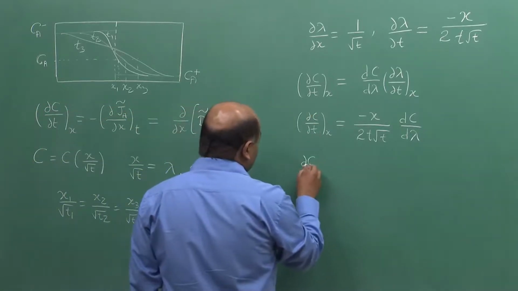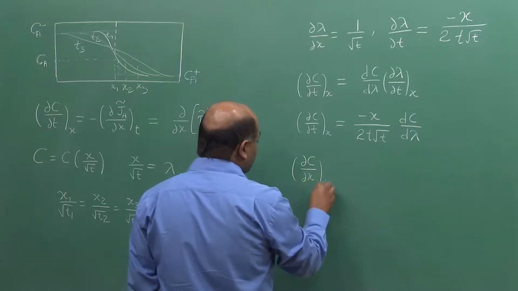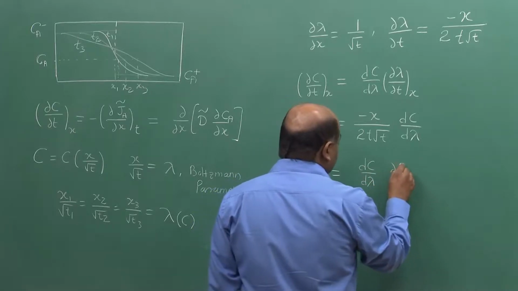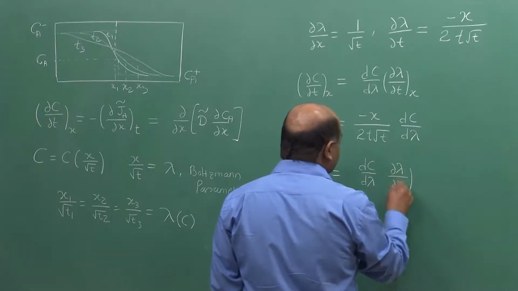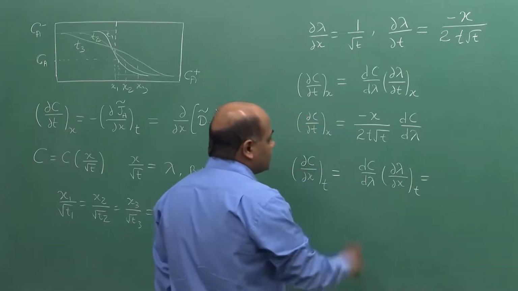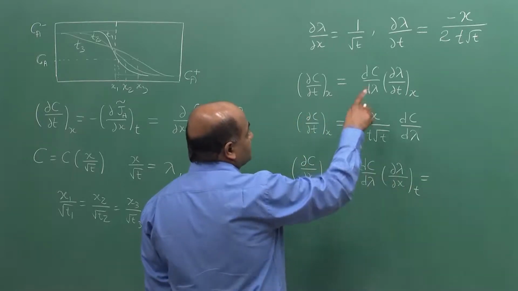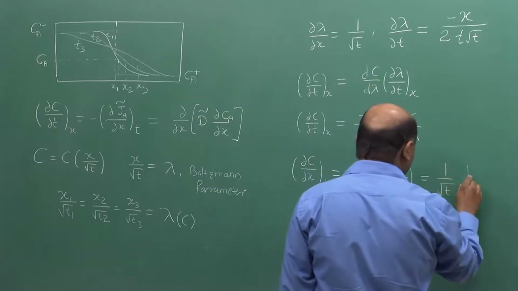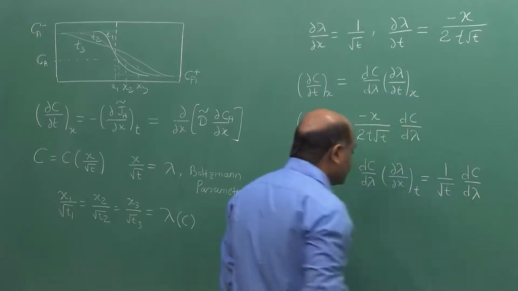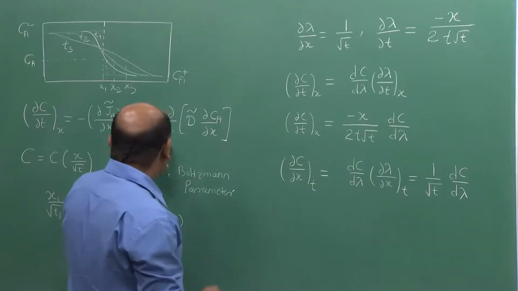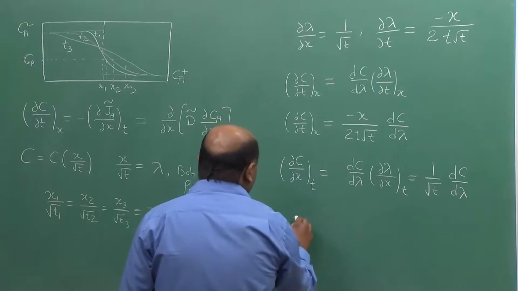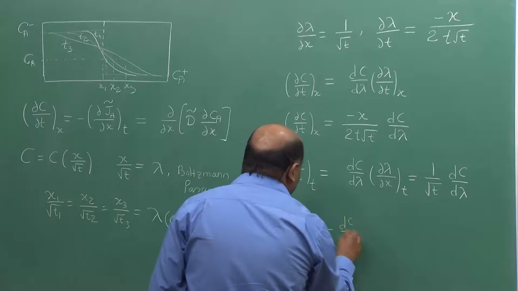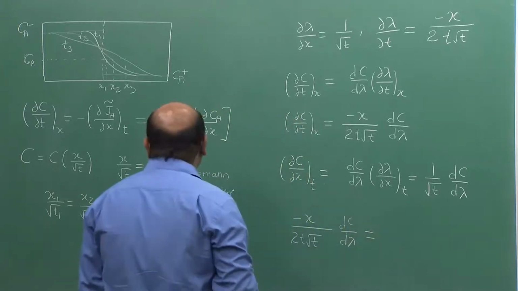Similarly, ∂C/∂x at t, we can write as dC/dλ times ∂λ/∂x at constant t, and we know ∂λ/∂x at constant t is 1 over root t. So, this should be equal to 1 over root t dC/dλ, and if we substitute in the diffusion equation here, we will get minus x over 2t root t dC/dλ should be equal to